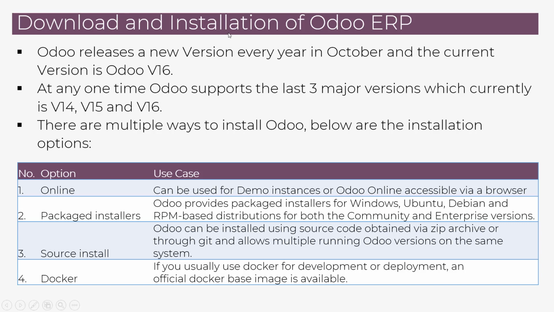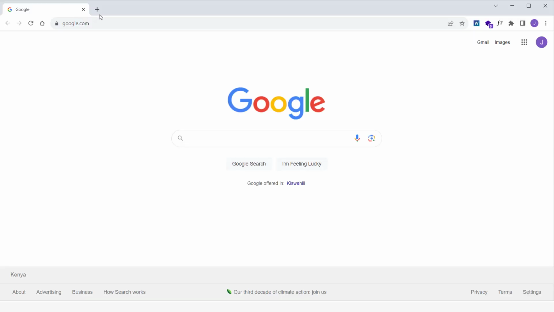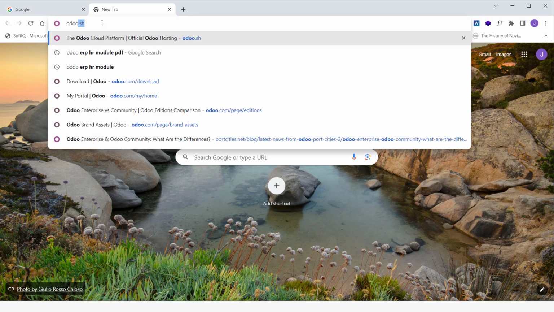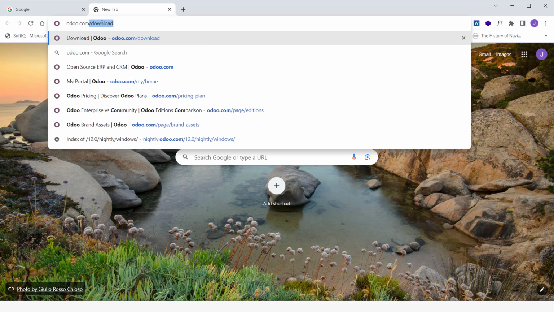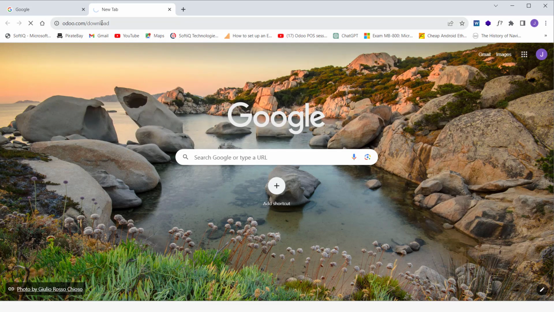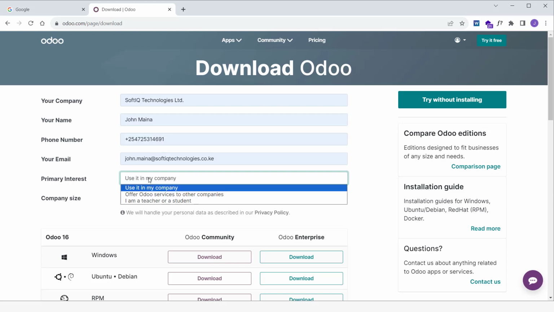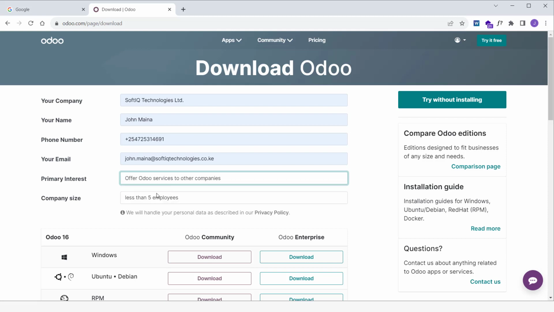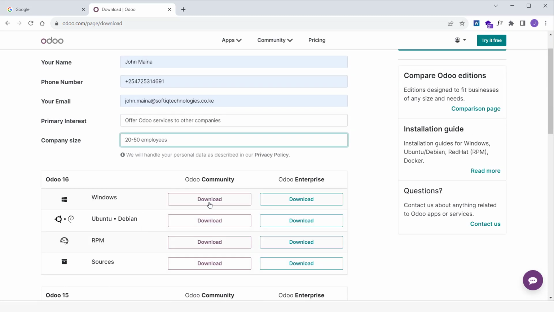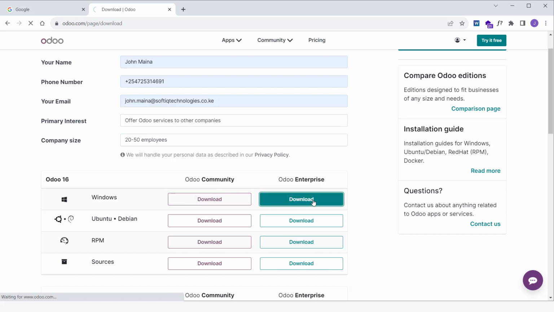So to download Odoo, you just go to odoo.com/download. You can come and set up, put the name of the company, your details. You can say you want to use it in your company or offer it as a service to other companies. So for this example, we are going to download the enterprise version. So when you click on download,